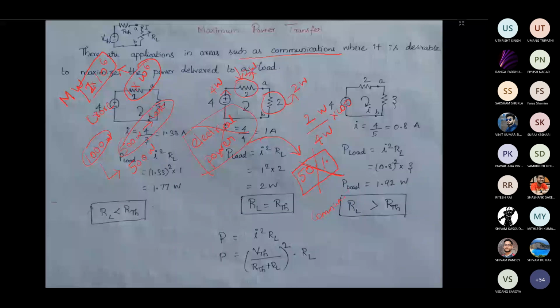Only the energy which you have consumed at the load, that only the consumer will pay. For the power dissipation in the line, they will not pay me. So if I have spent 2 crores for generating this power, 1 crore of money will be lost in the transmission losses itself. So this is not suitable from a power system or electrical system perspective. For a communication perspective, this is more than sufficient.